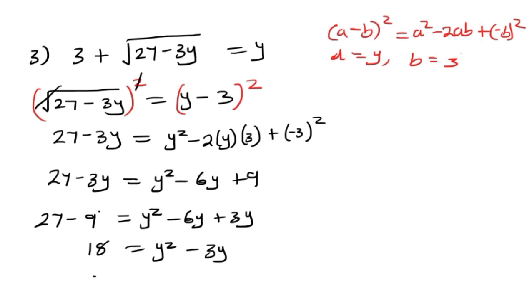And if we move everything to one side of the equation, we are going to have 0 equals y squared minus 3y minus 18, which leads us to a quadratic equation. I'm going to use the factorization method. First we are going to find the factors with product of 18 and sum of 3. So doing that, we can say that we have y minus 6